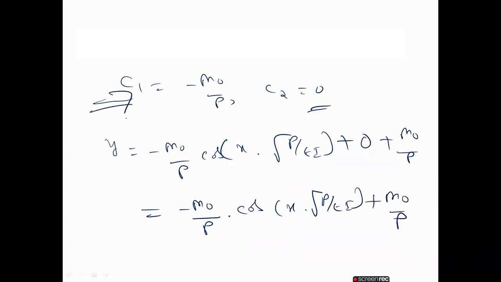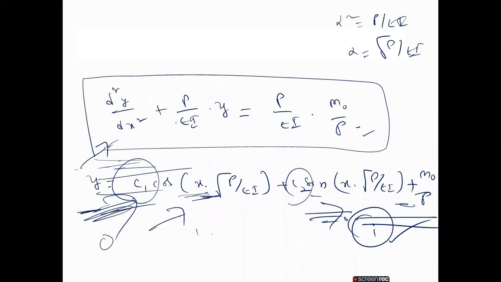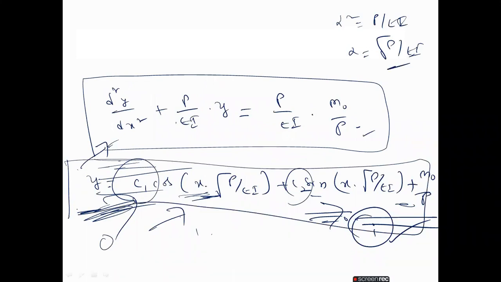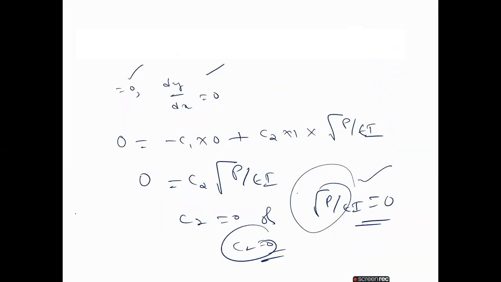So we have to substitute this C1 and C2 in the equation 1. Equation 1 I already told you is this one. So please substitute into this equation 1, C1 and C2. C1 is nothing but minus m naught by P and C2 is nothing but 0. Okay. Now if you observe here, after calculation of this one, the next step should be, at the end of